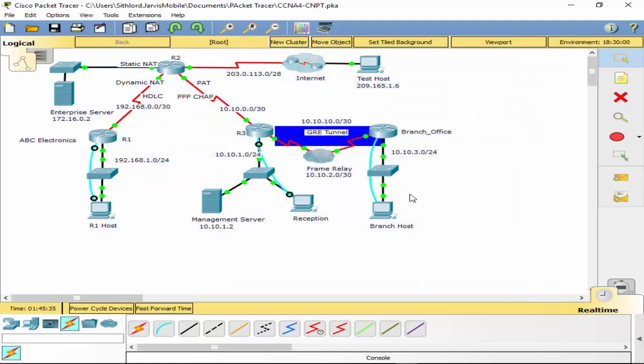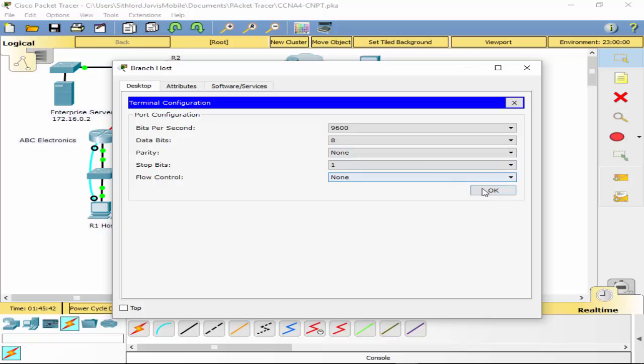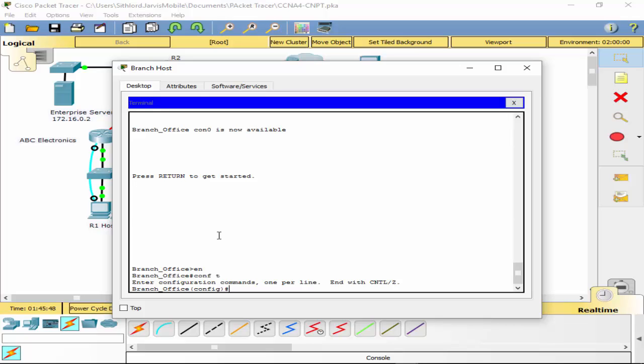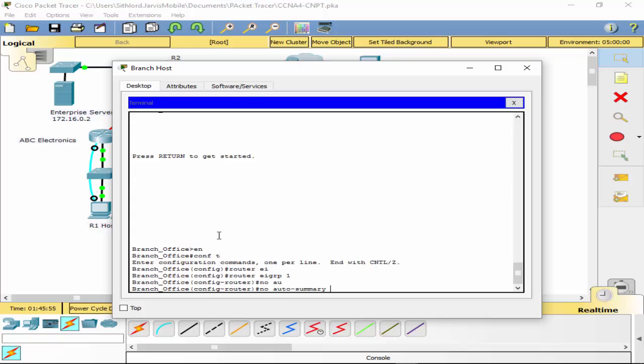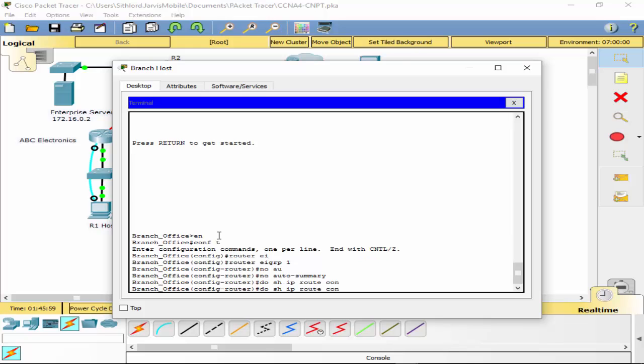Let's move this cable over to, oh, that one's already plugged in too. Oops, put in the wrong one again. Striking out here. Enable, Conf T, router EIGRP 1, no auto summary, do show IP route connected,